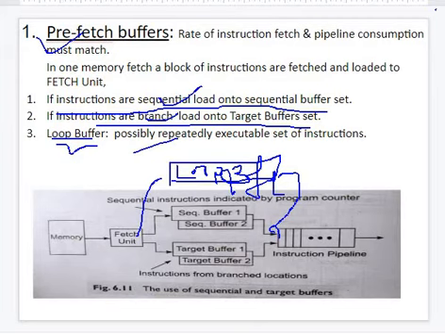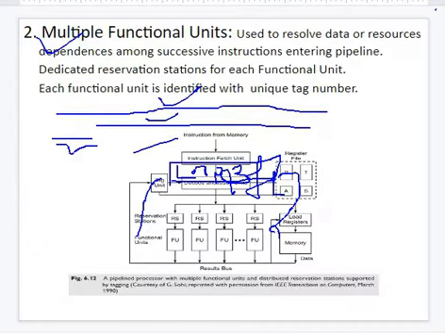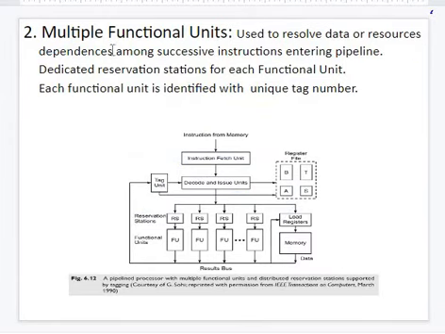Next technique is multiple functional units. Use a separate functional unit for each task or a group of tasks. It is very simple. We will have a memory and a fetch unit.